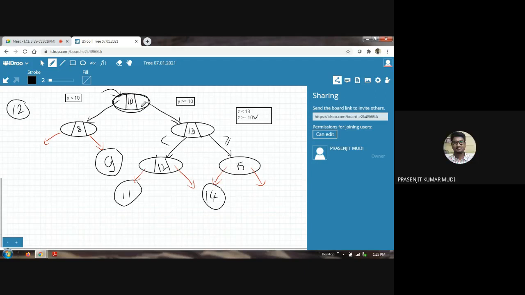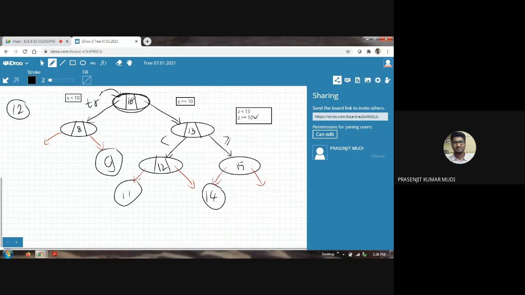There is a pointer called, let's say, TR, traversal pointer. So TR is made equal to the address of this root node. So TR is pointing towards this root node. Now we are comparing the value 12 and the value pointed by TR, that is 10. Are they equal?